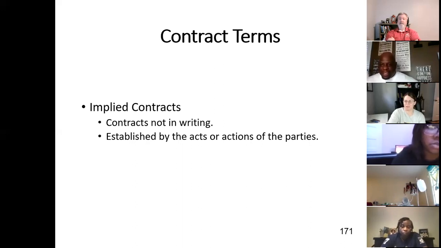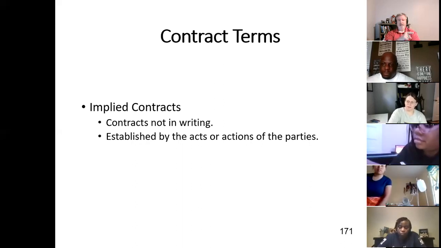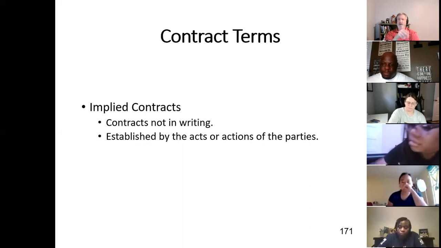All right, y'all, now this is what I want you to think about. Remember, I did say there are some contracts that must be in writing. And I did say agency contracts, agency agreements. Y'all, that means if you're going to be listing the house for sale, a listing agreement or a buyer's agreement for representing the seller, that has to be in writing in South Carolina. But that's not what we're talking about right here.